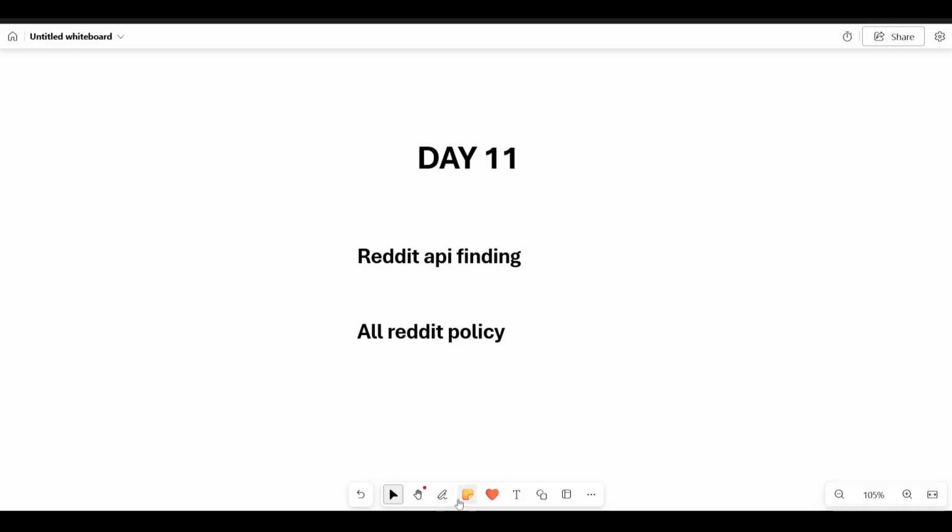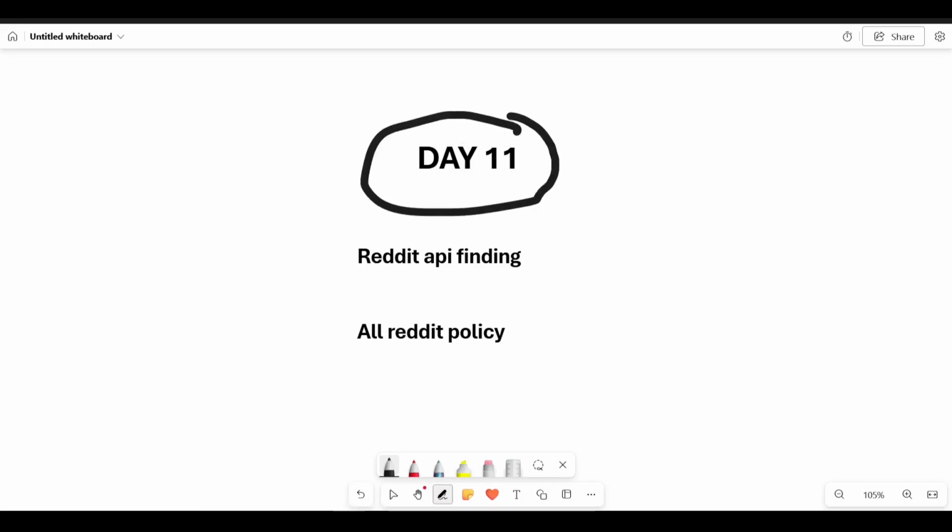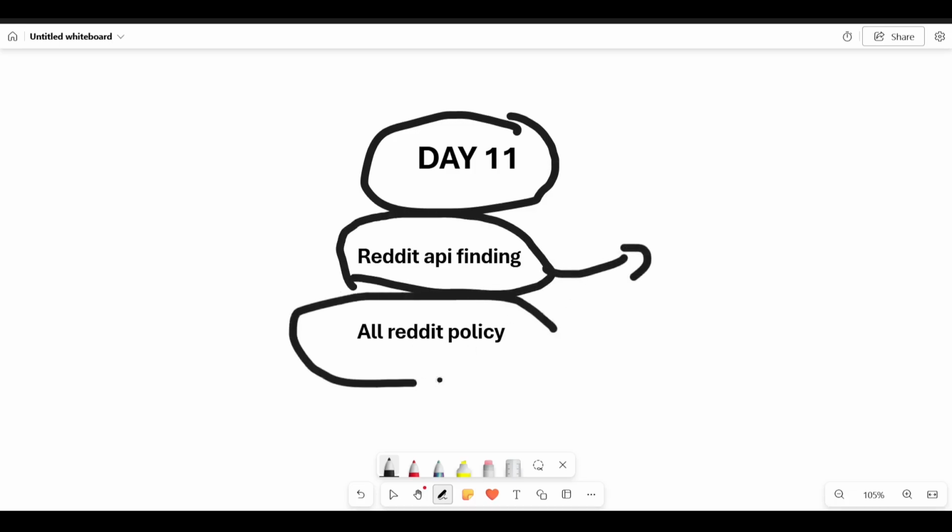So day 11 has ended. Today was a full day spent finding the Reddit API and reading Reddit policy, and after all that I found that getting the Reddit API is very difficult. You are supposed to request permission, which takes lots of time, and after that they decide whether to grant it or not.